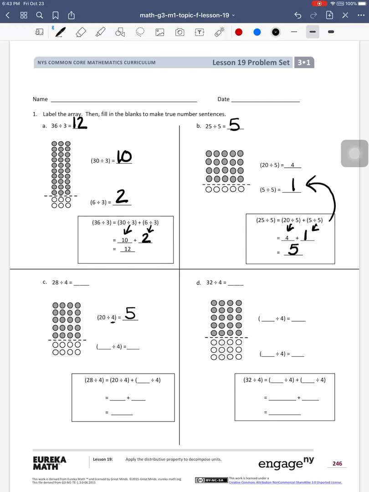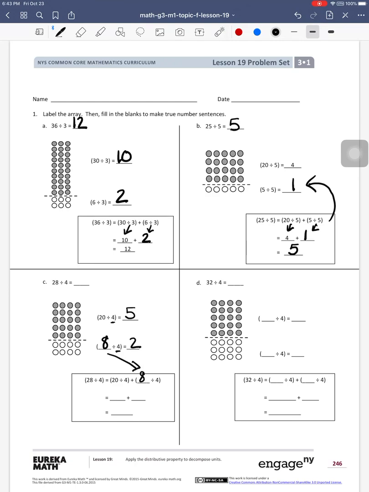Now, look under that dotted line. How many total circles do we have? Right, we have 8 total circles. Again, there's 4 in each row. That's where we get the 4. How many rows do we have? 2. That's right. So 28 divided by 4 equals 20 divided by 4 plus